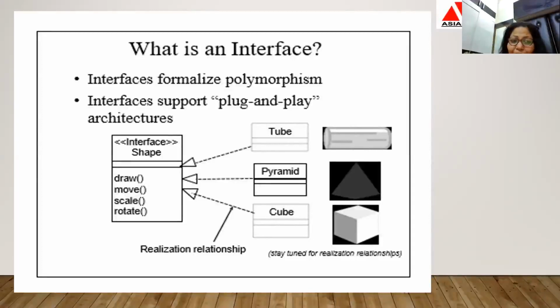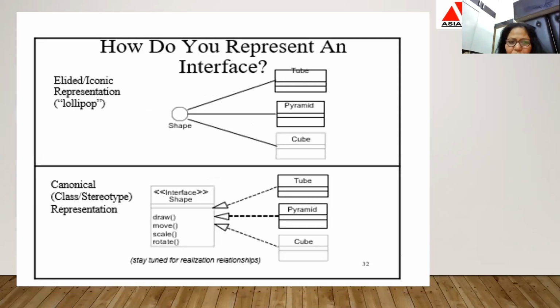Internet. So it is an interface basically which is linked with your online system, and from online they get information and take the data directly. So plug and play interfaces support basically plug and play architecture as in Java. How do we represent an interface in UML?